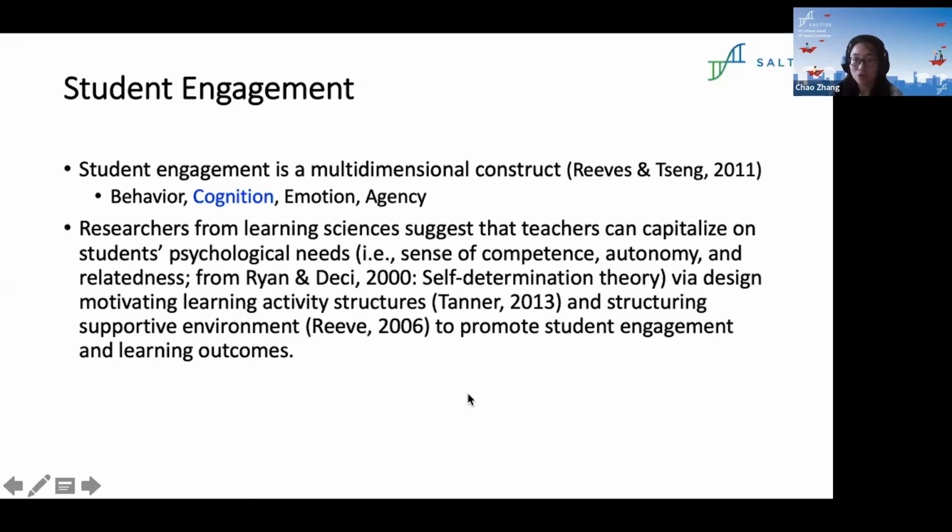And on the other side, the research community is also interested in the same ideas. They suggest that in designing our learning activities and our classrooms, we can do some tweaking or specific planning so that we can capitalize on students' cognitive needs or psychological needs. So, trigger their interest, making them want to get involved deeply in the learning work.